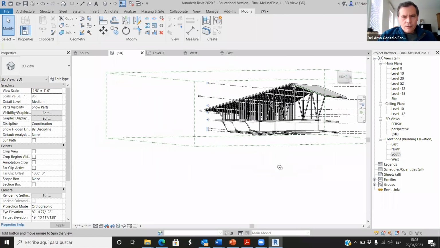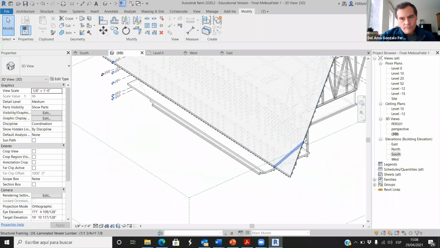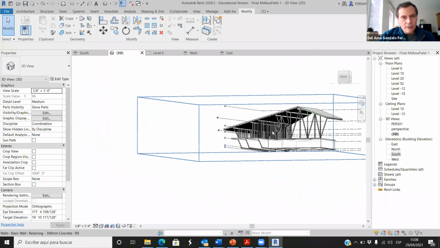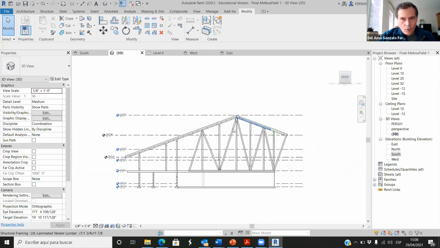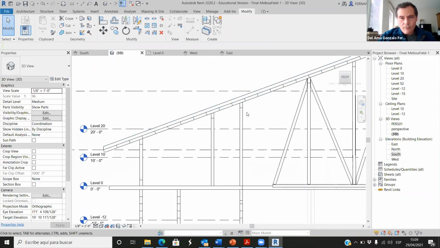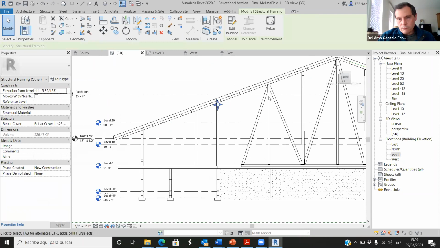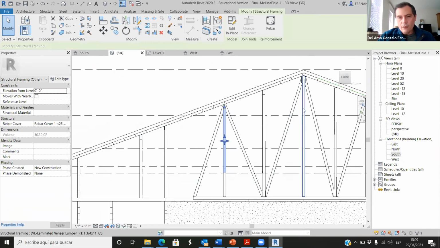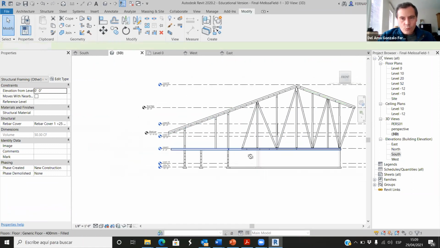Okay, so what have we done so far? We have created all these beam elements. We have created the main horizontal beams and made sure that they are placed at the top of these columns and at the top of the vertical web of the truss that we have done. And then we need